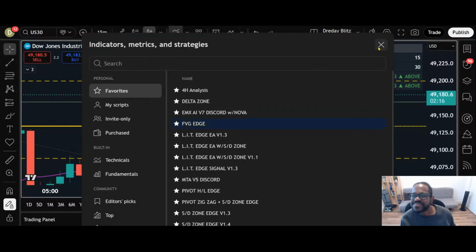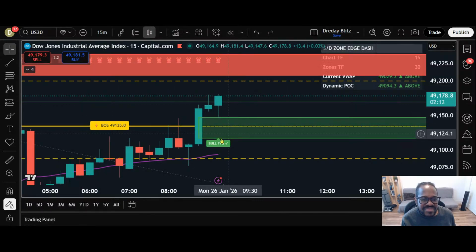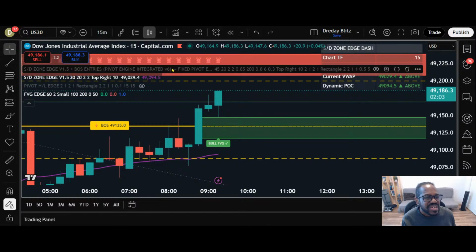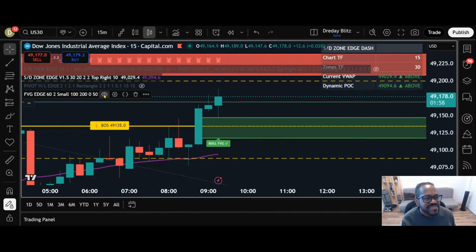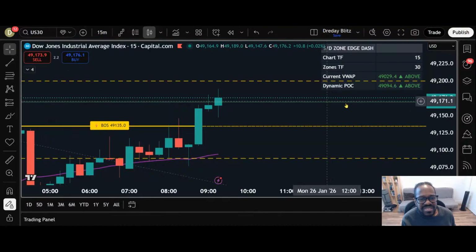There you go. Yeah. So we have a fair value gap right here. It went to it, and now it's pushing to the upside. So we may not go back to it. I think it's already done its setup, but